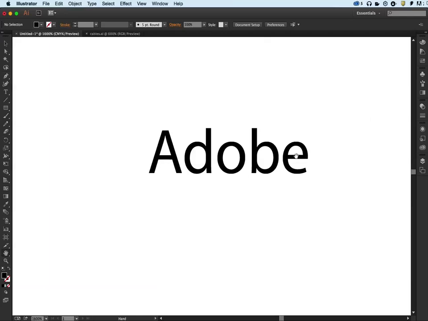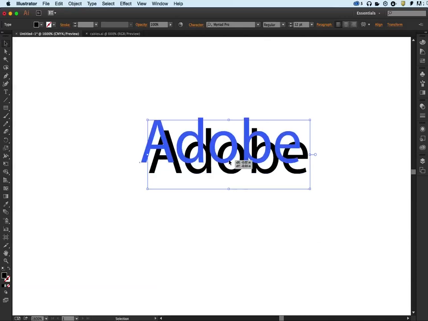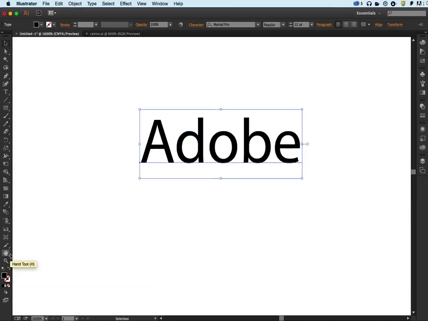But you know what? Say I'm in the selection tool, going all the way over to the toolbar to grab the hand tool takes time, takes effort, just not the most efficient way to do things. So you're going to zoom in and zoom out a lot, and you are also going to move things around on the screen so you can see them much faster and easier, and you're going to do this quite a bit. So my tip to you is no matter what tool you're in, except for T for the type tool,